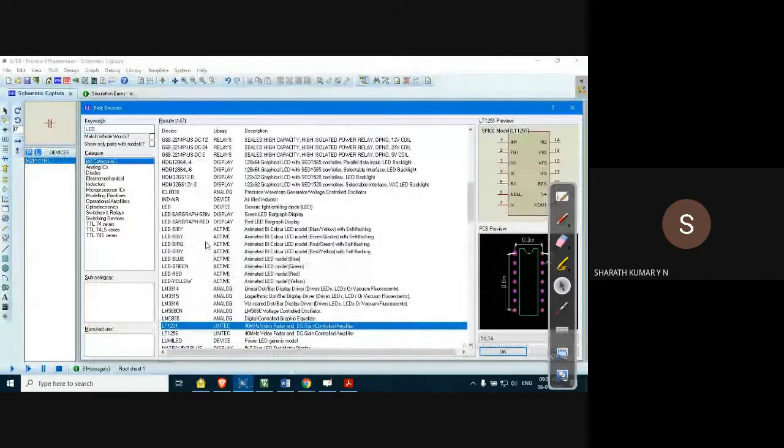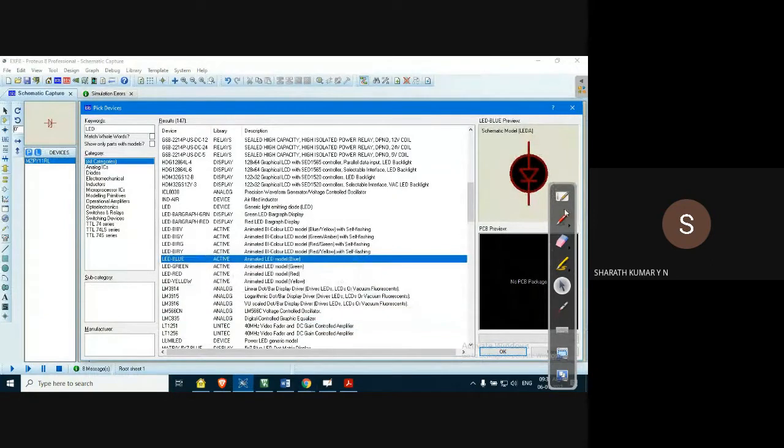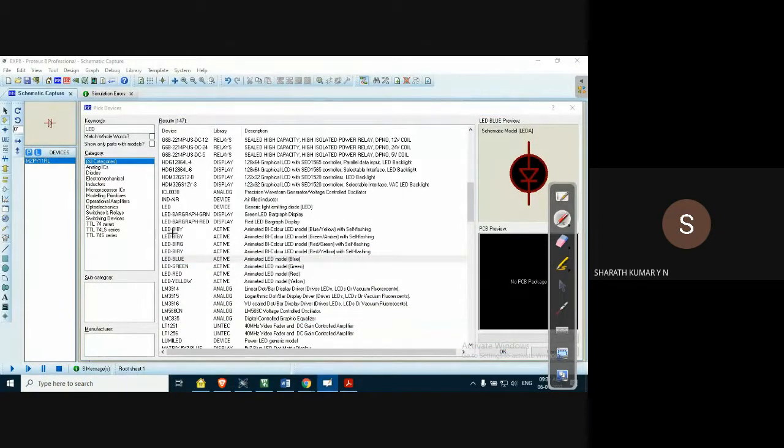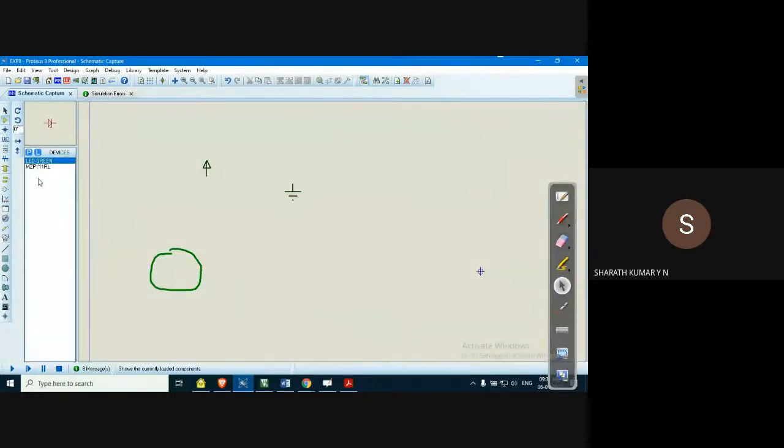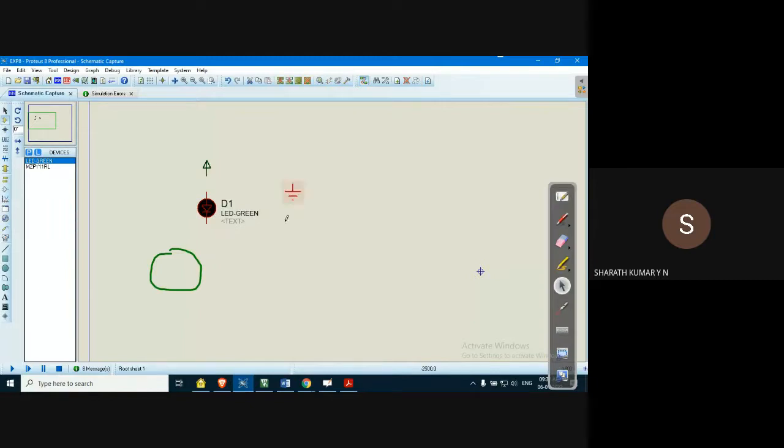Here it is. As you can see, LED. On the left hand side you can read the type of the LED. For example, LED blue color, LED green color, LED red, LED yellow. So select one because we can see the output properly. Let us say green, for example. Click OK. You can find that component here. So click on the component, drag the mouse, and you can place it anywhere here. You can rotate also. You select a component: rotate left, rotate clockwise, 180-degree rotation. All this is possible.